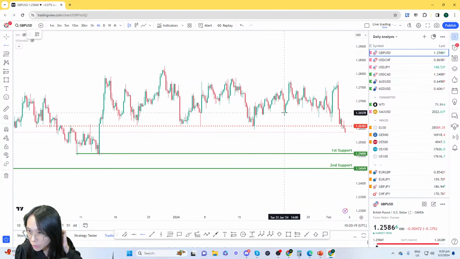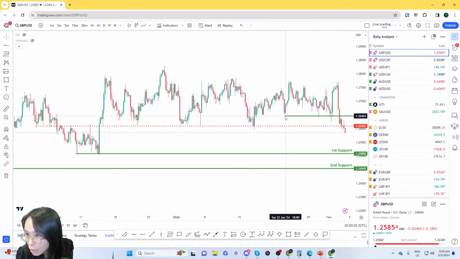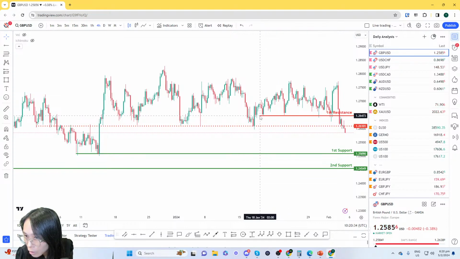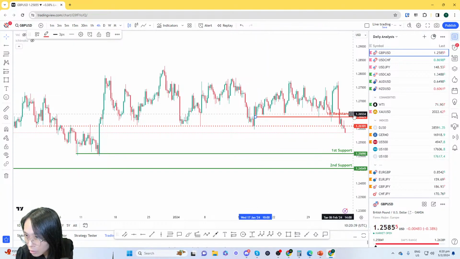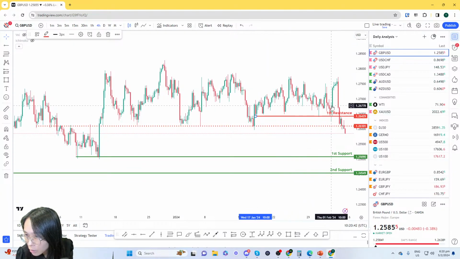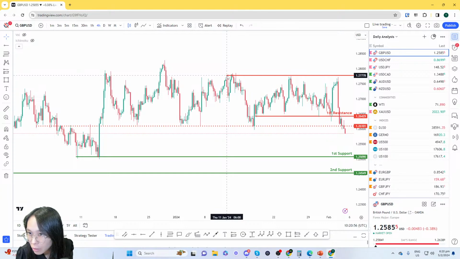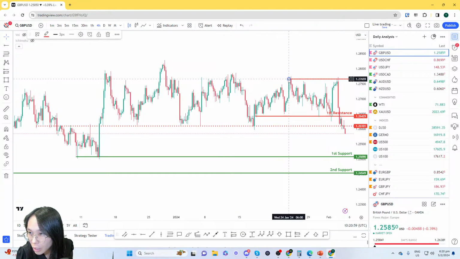My first resistance level. Resistance. You can see that there's a lot of activity around this area. Price once again bounces off. So my first resistance is this overlap. There's a pullback here. And my second resistance will be further, capturing the swing high.